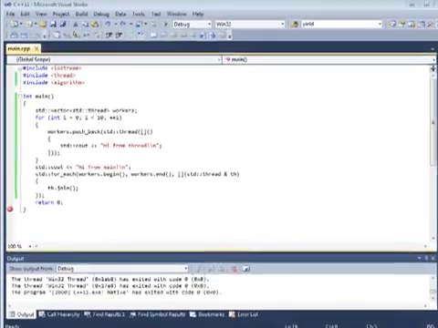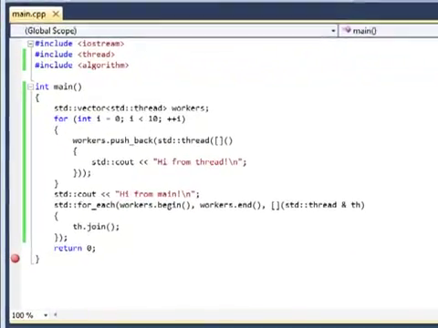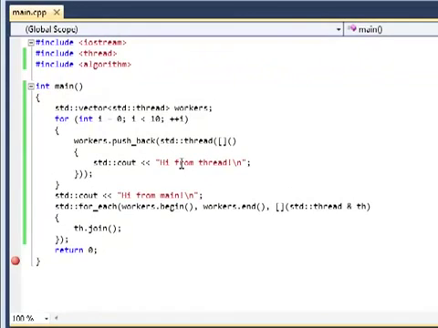Let me do one more thing just for fun. Here we have the printout from every thread that says the same thing, "hi from thread". So we don't know which thread is printing what. But we have an index here, right? If we could print this index from the thread, we would know which thread is doing what. So let me just try it. Okay, space. And here we print i,